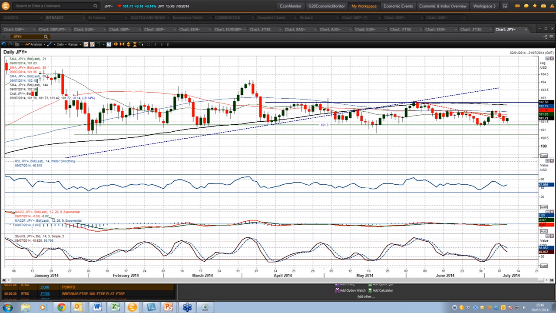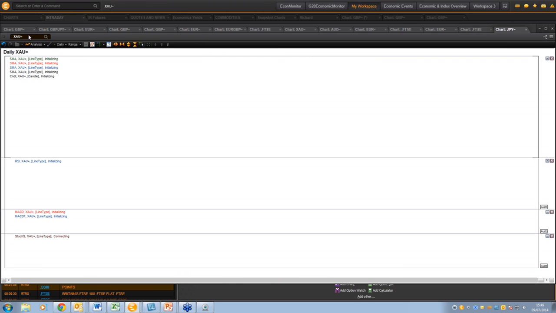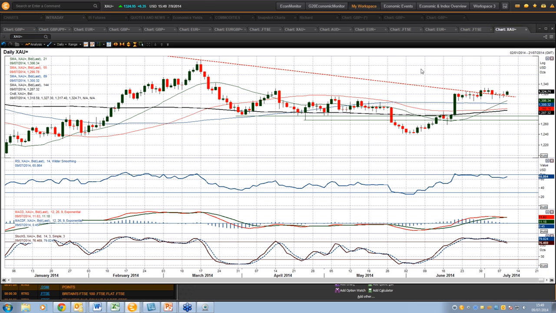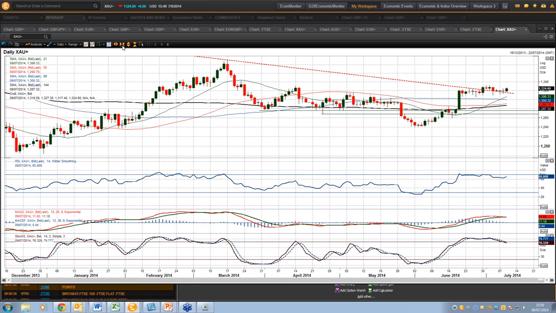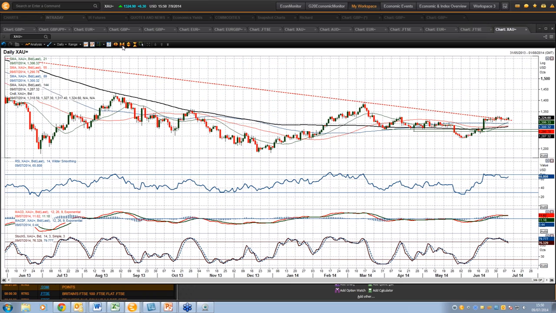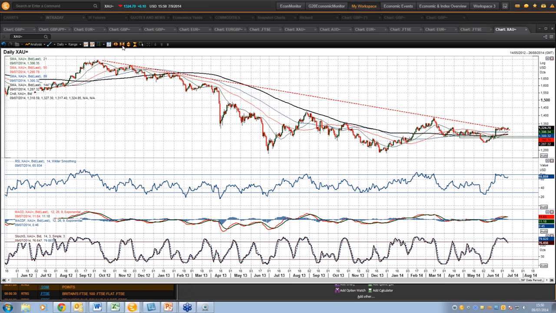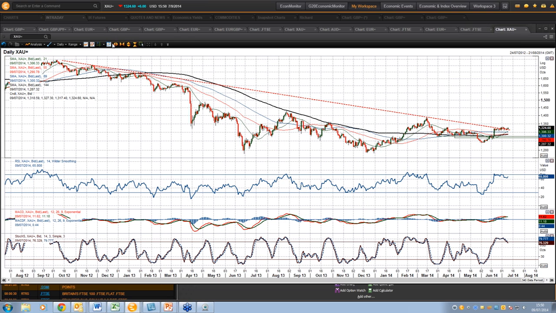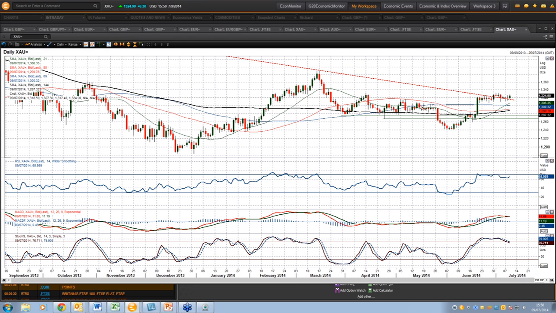Okay, gold. That is gold over the past couple of years, 18 months actually, but almost 2 years. Been in this big downtrend, and you are now testing that downtrend. The big question is, is it going to break or be confirmed as a break? Well, the bulls have had a fairly reasonable go at it today,